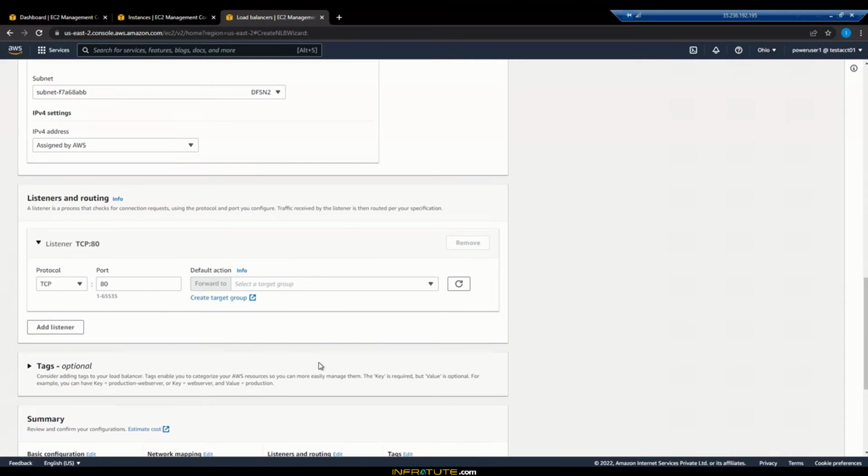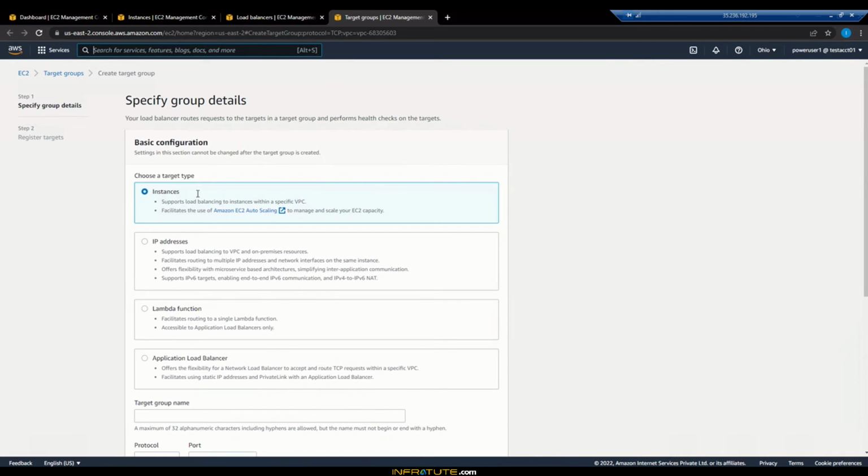Alright. So next comes the target group, right? So remember, here we are working on layer 4, which is TCP and UDP, and TCP works at port 80. Right, so we know that, and if we want to add more listeners, we can add more listeners here. However, I'll just go with 1 at the moment, and to select a target group, I do not have any target groups created. So let me go ahead and create 1 target group now,